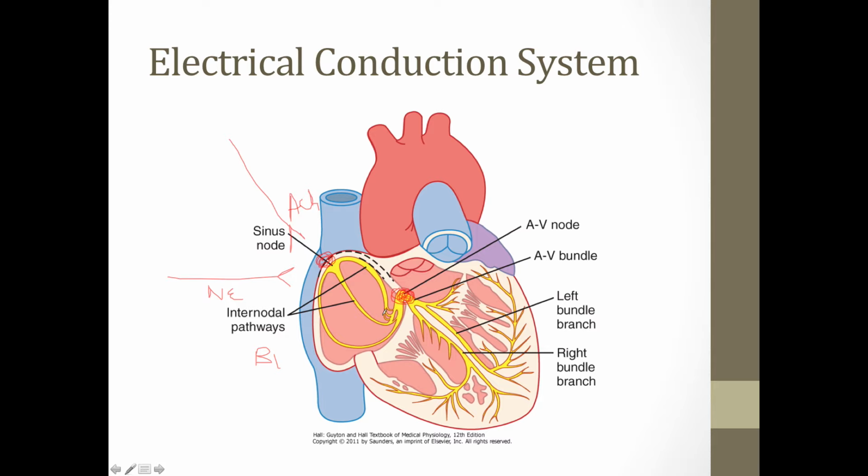And then we'll see this wave of excitation go through the AV bundle, down the left and right bundle branches, and then up through the Purkinje fibers, so that the contraction is first atria and then the ventricles in an upward fashion to eject the blood out through the aorta and through the pulmonary